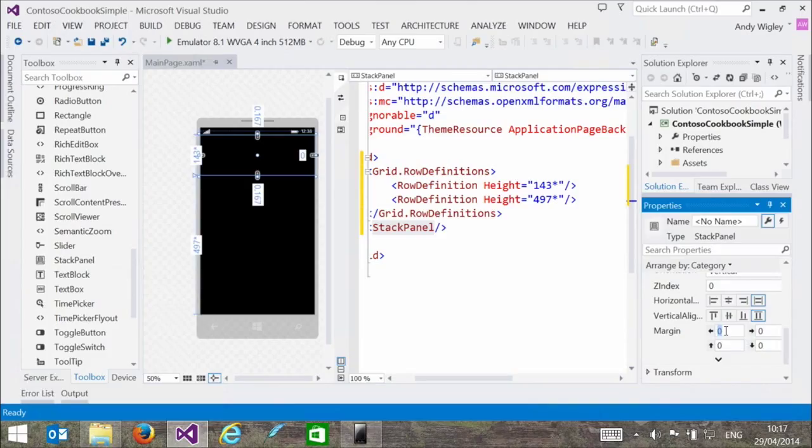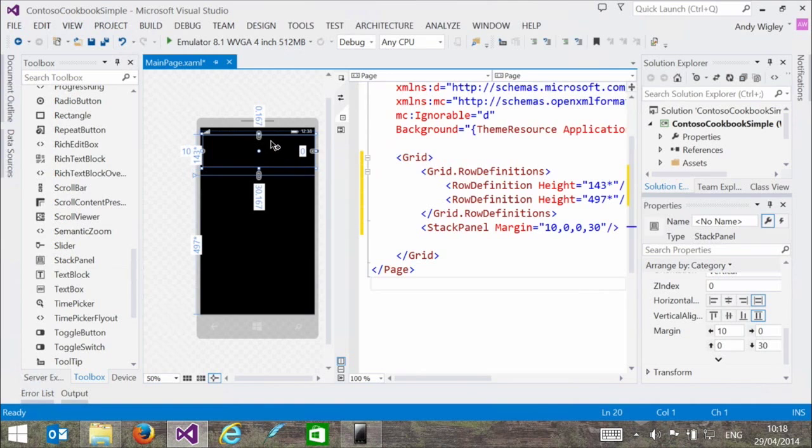I'm going to put a left margin on it of 10 and a bottom margin of 30. So that just puts a bit of spacing from the top and a bit of spacing from below. And you'll see actually by changing those properties, it simply wrote that into the XAML. So it's just about nice layout.